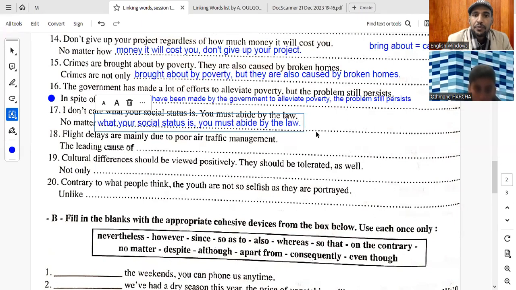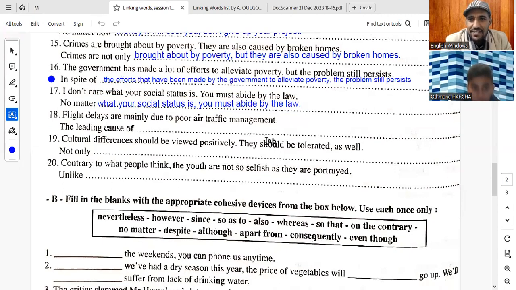You know, generally. Okay, so no matter what your social status is, I mean, it doesn't matter what your social status is, be you a teacher or a student or a doctor or whosoever, be whoever you are, كن ما شئت, right? You must respect the law, right? مهندسا كنت أو دكتورا أو مجرد إنسان بسيط, right?